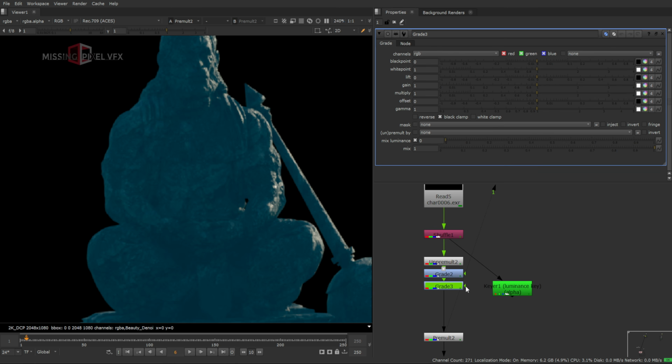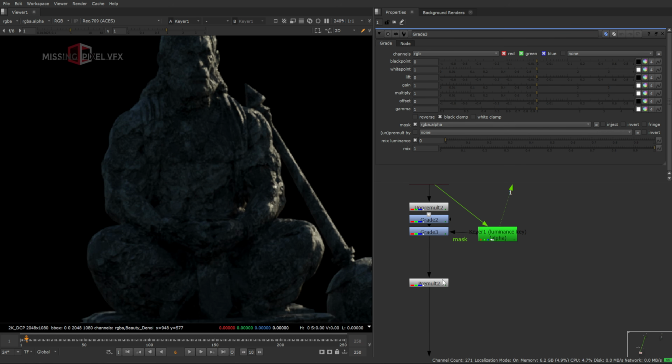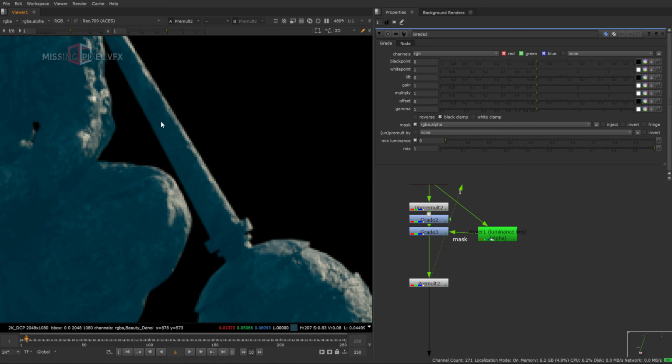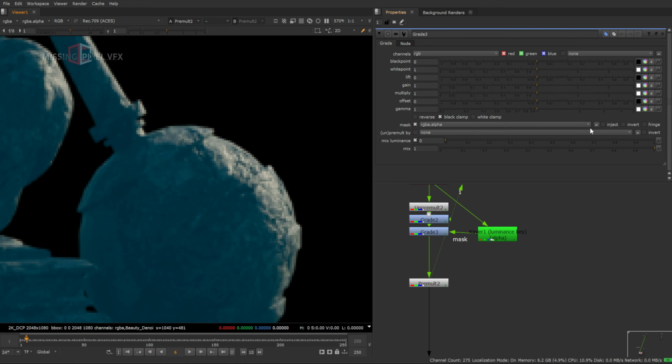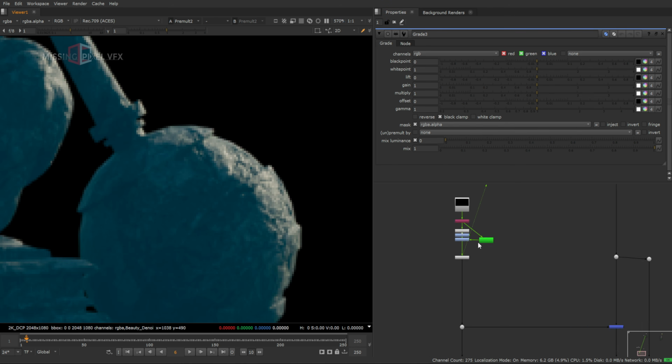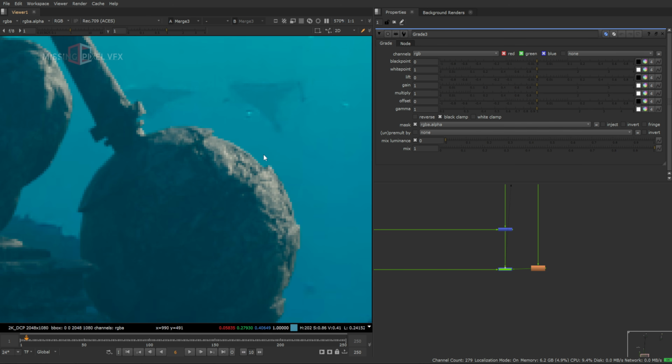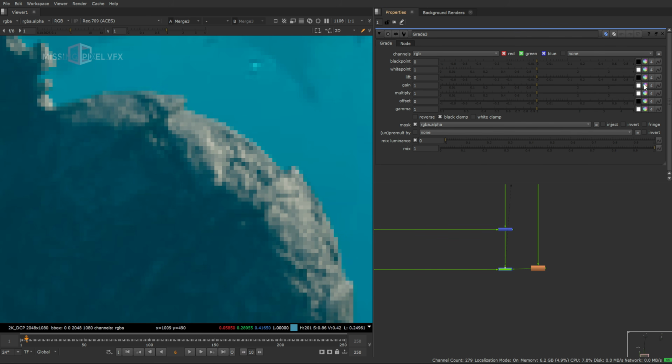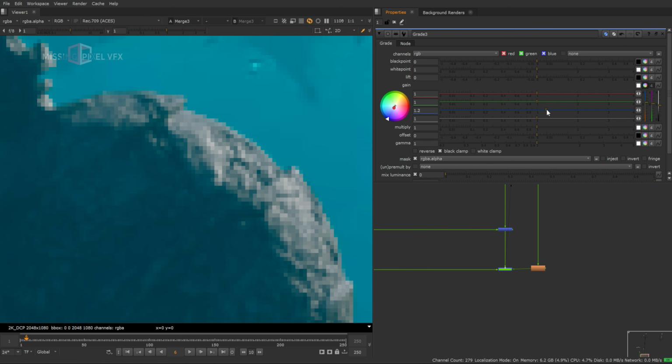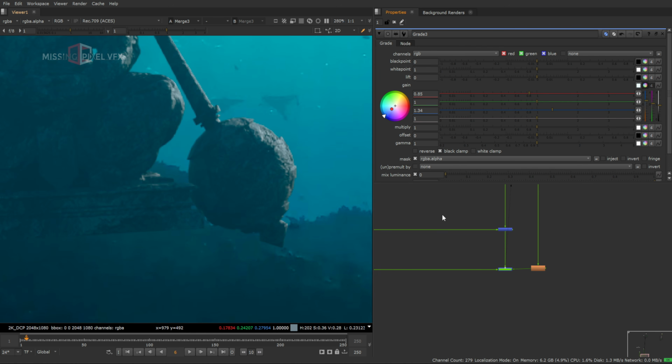I'll take one more grade node, connect the alpha to this keyer, which has the alpha of these highlights, and view from premult, and just take a close look. Now this is too yellowish. Let's view it from the plate and do the grading. It's too bright and yellow, so we'll make it a bit more greenish, bluish, and we'll just reduce the red